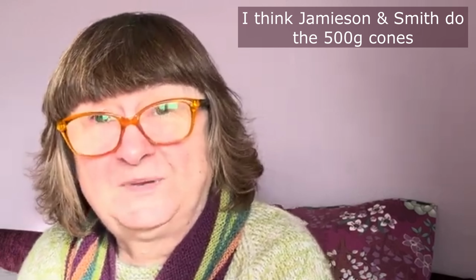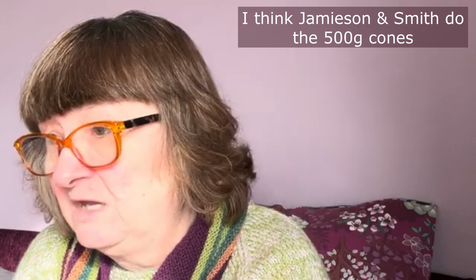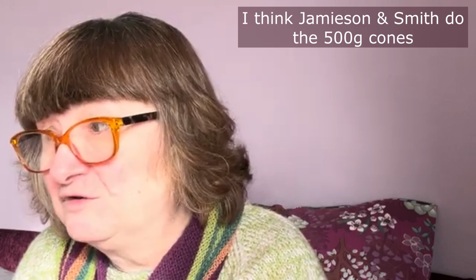And the Shetland wool is another one. Although you can get Shetland wool on cone as well. You can get the cones if you want to knit a bigger garment. I think it's a different company. Yes, so I've still got a lot of things in the pipeline, and my